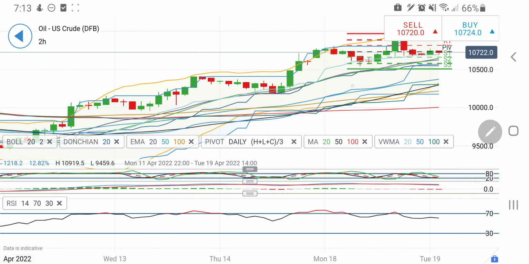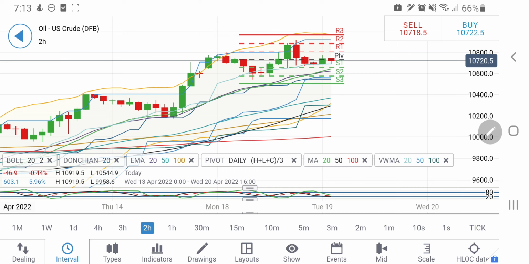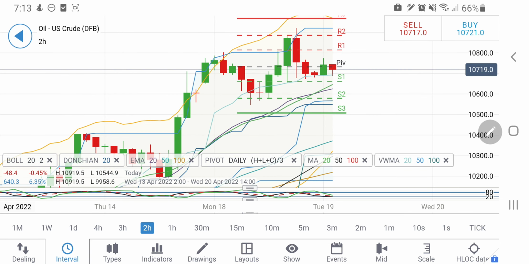And on the 2-hour charts as well, similarly you will find that there is a support here at around 107, and with this at support, the next support will come into picture at 106.5. So take a short at 106.5, then you can expect 105.8, and then 105 levels should come into picture. I think this may get achieved today, probably, if it continues to trade in red, and the only long entry is above 108 levels. So let me summarize.